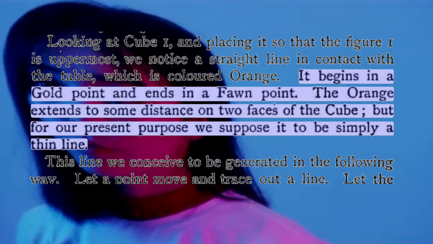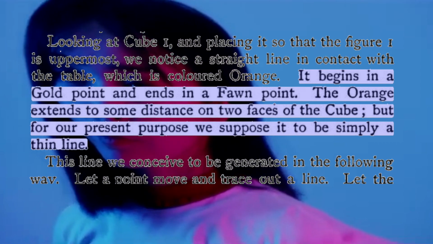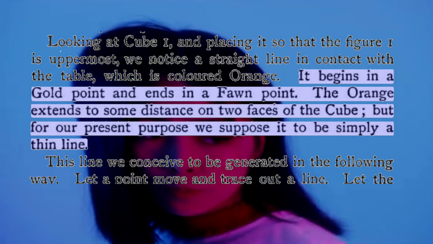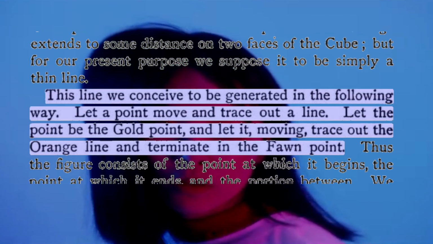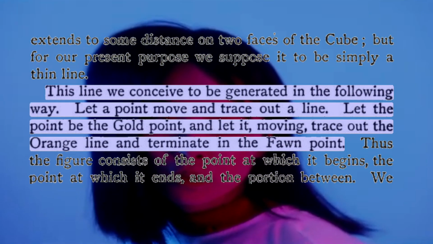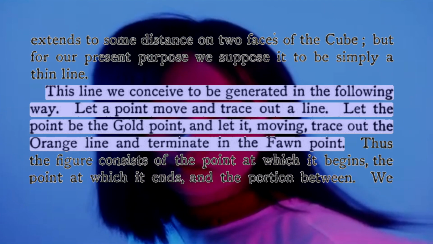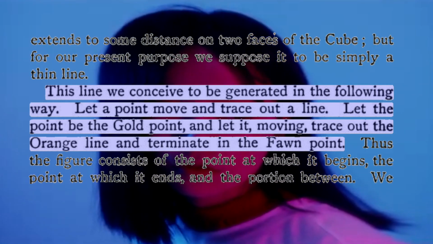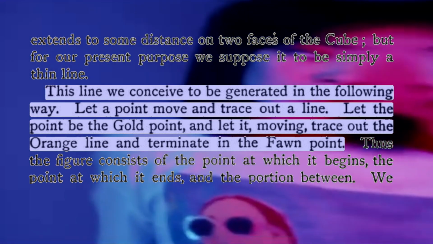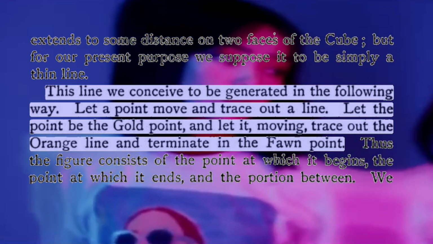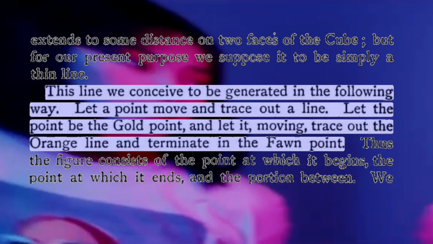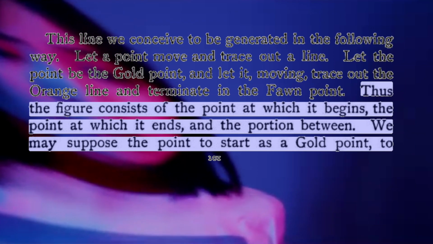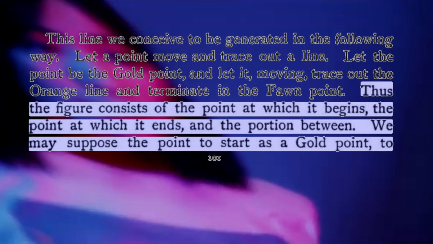The orange extends to some distance on 2 faces of the cube, but for our present purpose we suppose it to be simply a thin line. This line we conceive to be generated in the following way. Let a point move and trace out a line. Let the point be the gold point, and let it, moving, trace out the orange line and terminate in the fawn point. Thus the figure consists of the point at which it begins, the point at which it ends, and